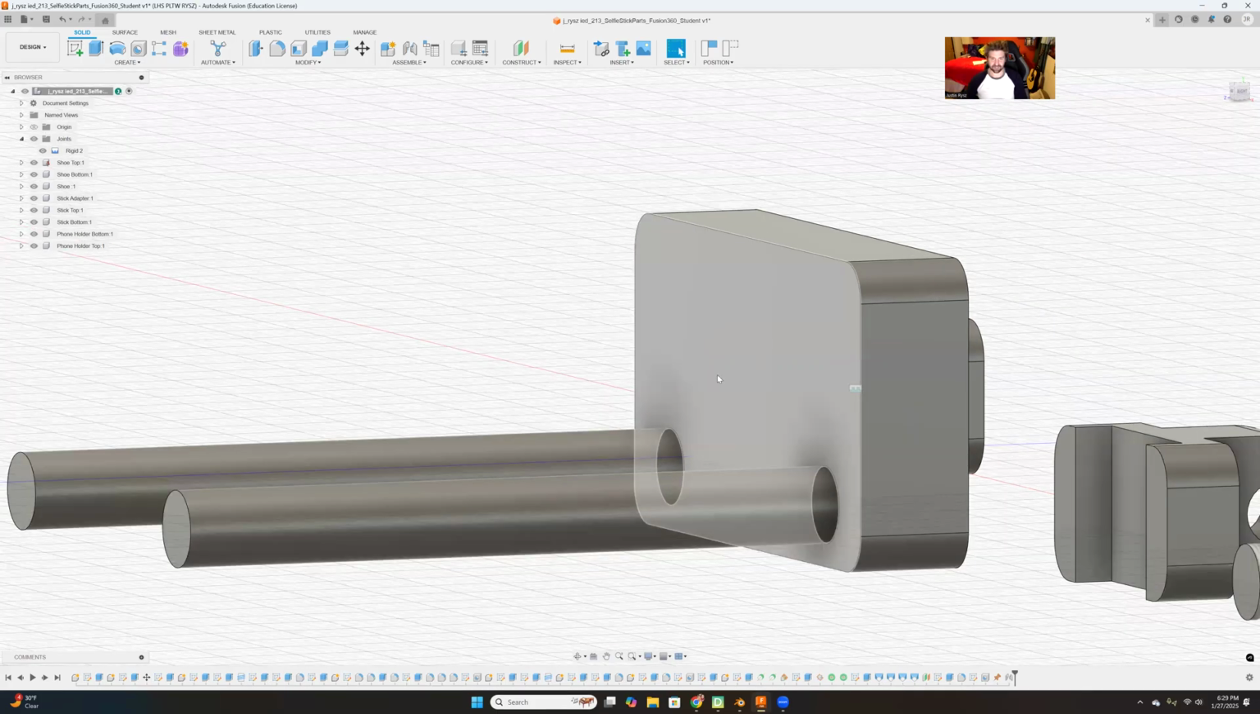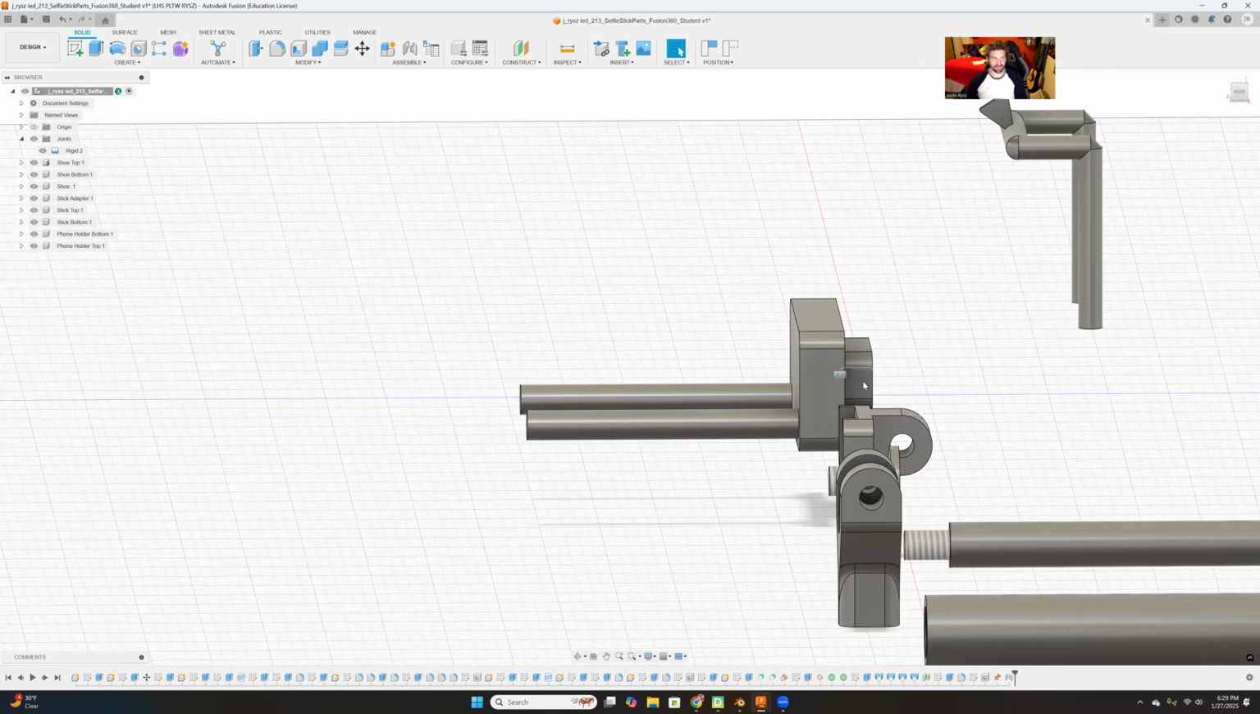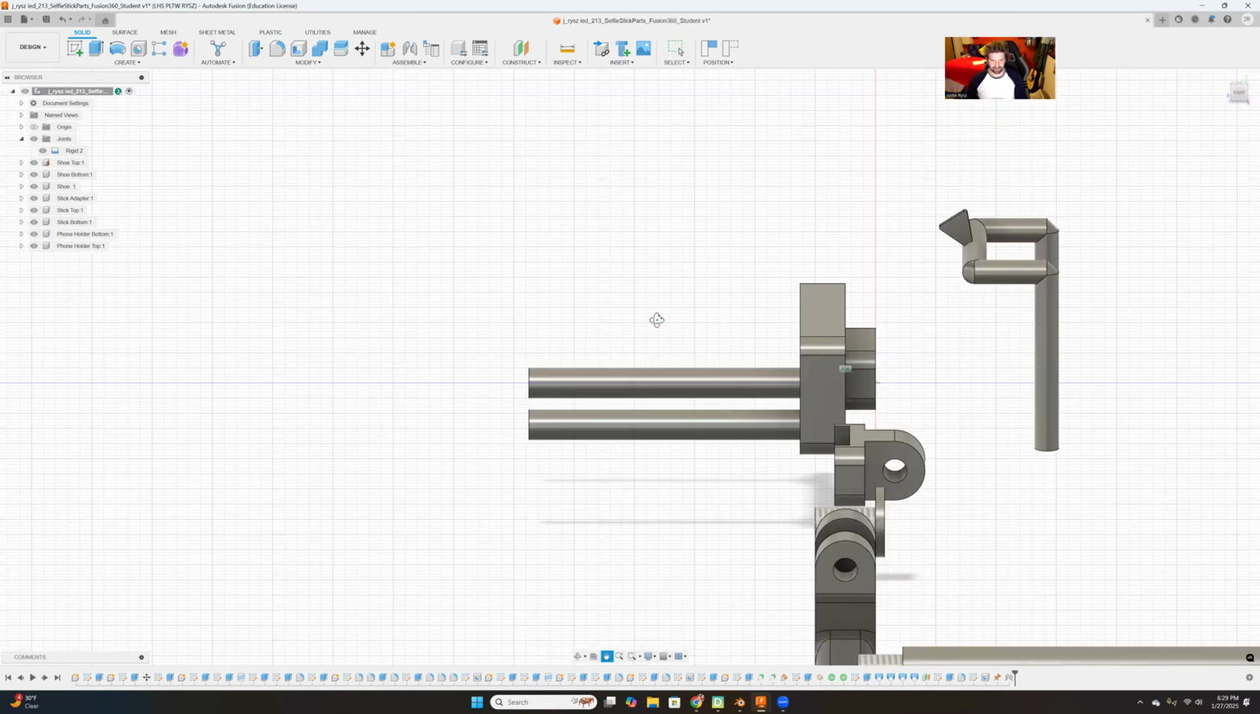If I try to now move this piece, it doesn't move. And that's because it's rigid to this point, the shoe top. And that shoe top is now solidly connected to that. Okay, well, let's finish doing the top piece here. Let's connect this